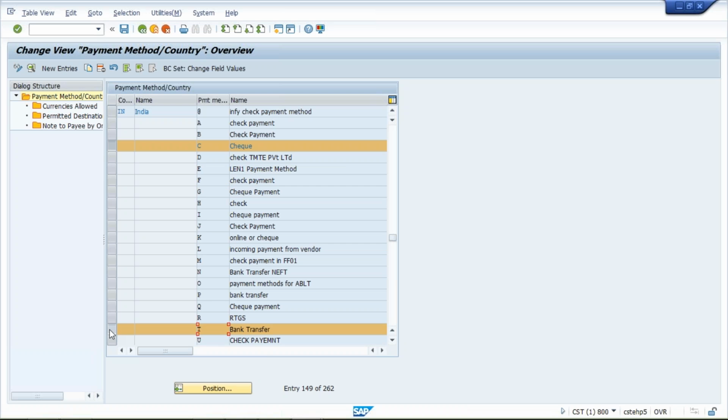Now what will happen, if you want to use this, you can use it, or else simply we can copy and create our own, like what these people have created. Simply they have copied, and they change the code. It is only a one digit code we have to give for the payment method. So we are not going to create a new one. We are going to use the existing one. Okay, so we are going to use check and bank transfer both, let's suppose,